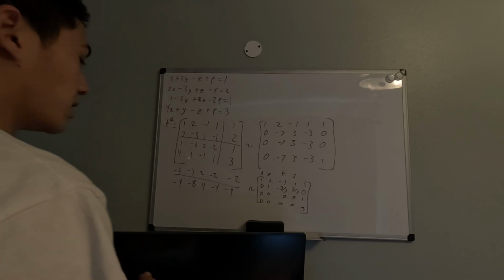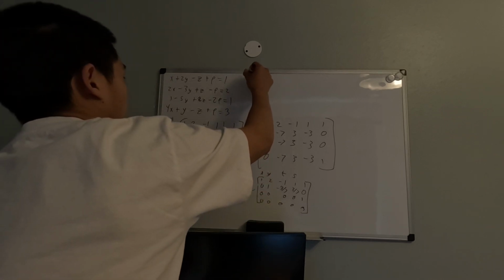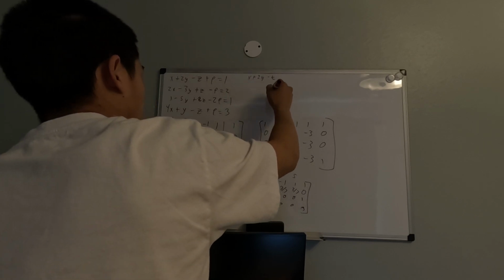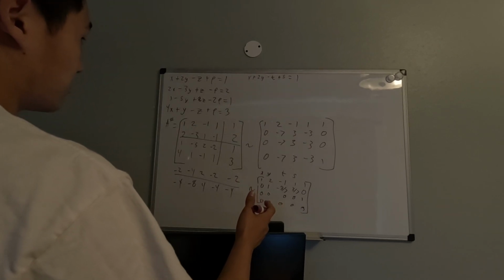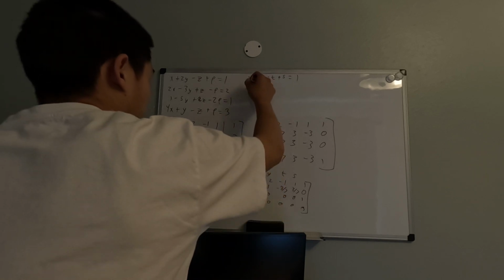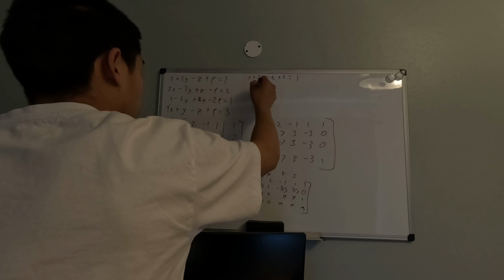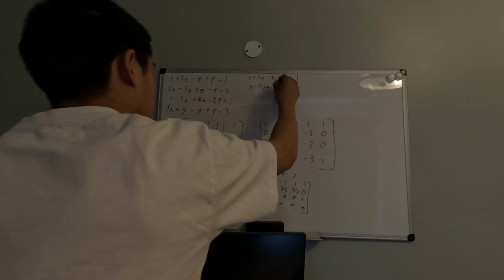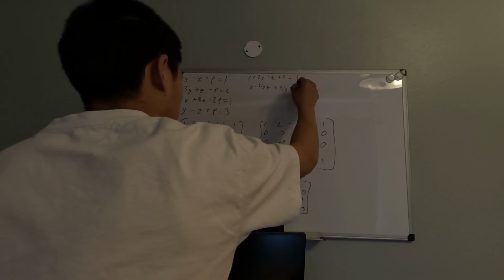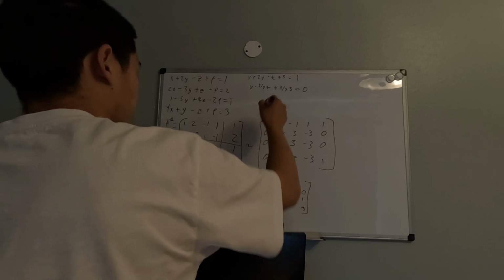So when you're solving, now what we're going to have to do is say x, and then what you say is, you got y minus 3/7 t plus 3/7 s equals 0. Then you just have